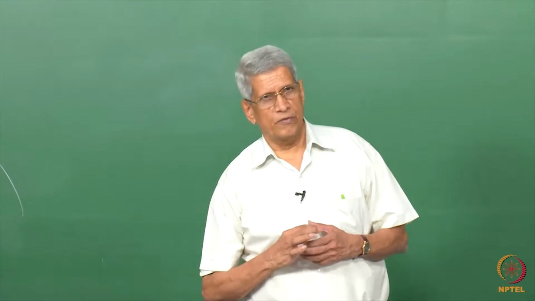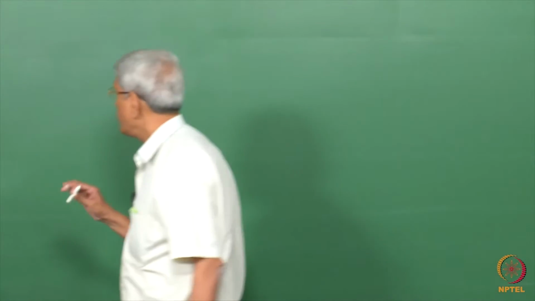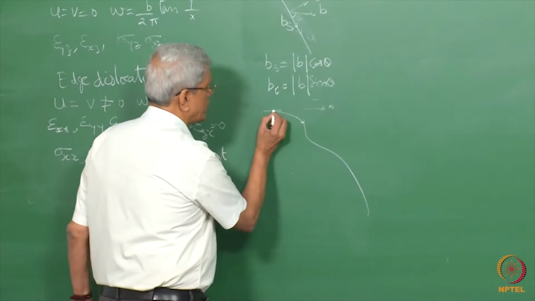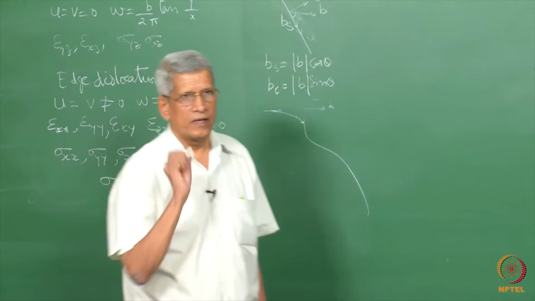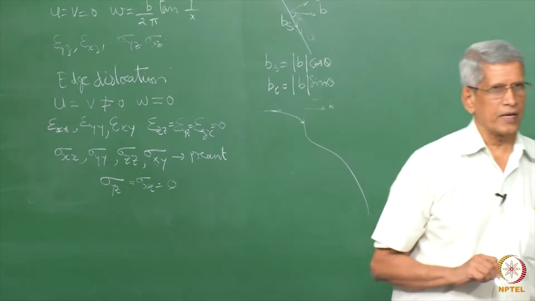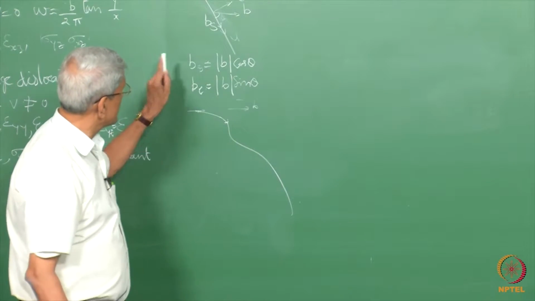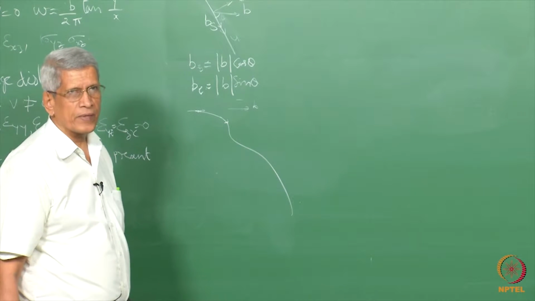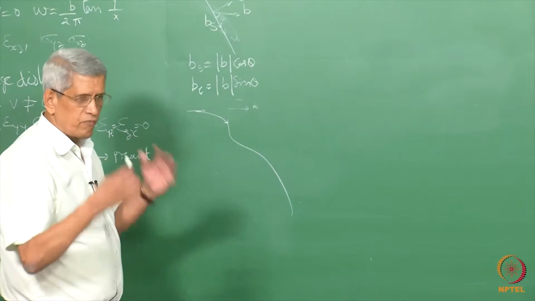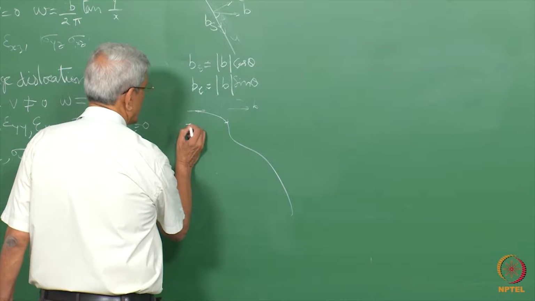For the actual computation, what are the options which we have to choose? One which we can do is to take a small segment to be the dislocation line, correct? And with respect to this, we can find out the screw and the edge component and do the calculation, correct? The other way of looking at it is that this itself can be considered as a screw.